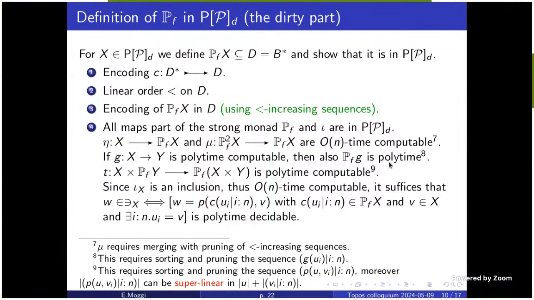I have to show that if G is polytime computable, also this, which is the action of the functor P applied to G, is polytime computable. Also, this requires some dirty work, but it's quite easy. And finally, I have to prove that the tensorial strength is polytime computable. This is actually quite easy, because what we do is basically to map